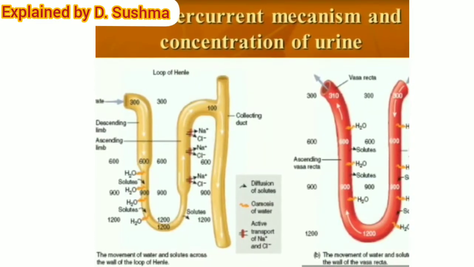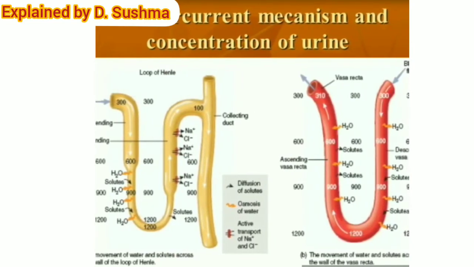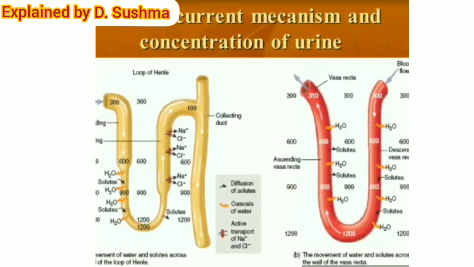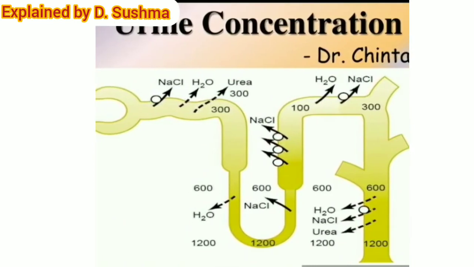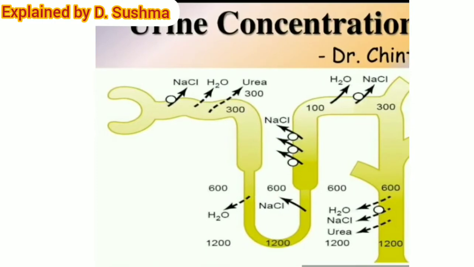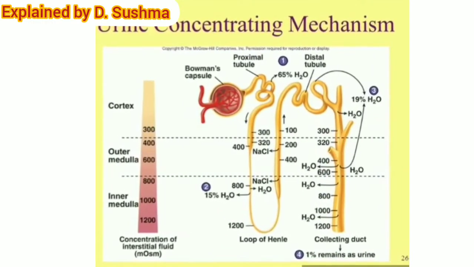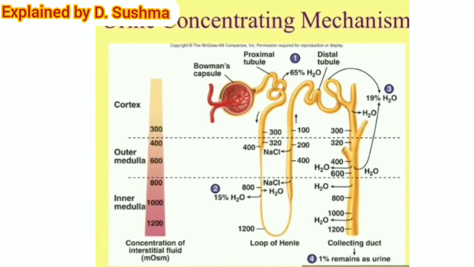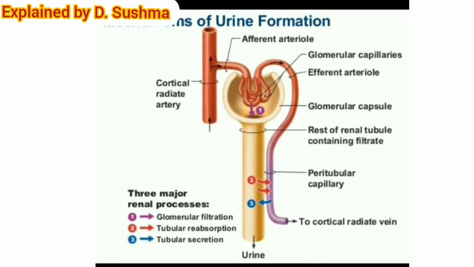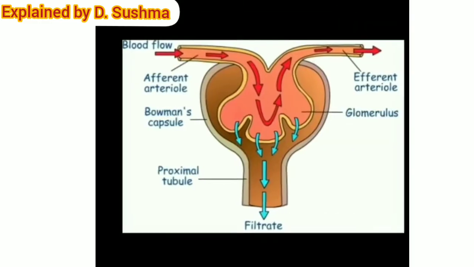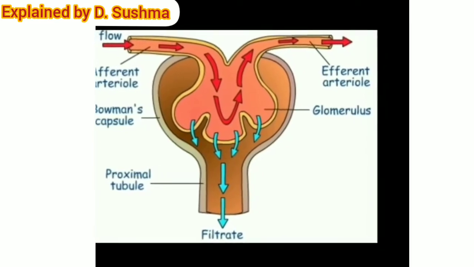Concentration of urine. 75% of the water content of nephric filtrate is reabsorbed in the region of the proximal convoluted tubule. 10% of water passes out of the filtrate through osmosis in the area of the loop of Henle. Further concentration of urine takes place in the area of collecting tubes in the presence of a hormone called vasopressin. The hormone is secreted only when concentrated urine is to be passed out.